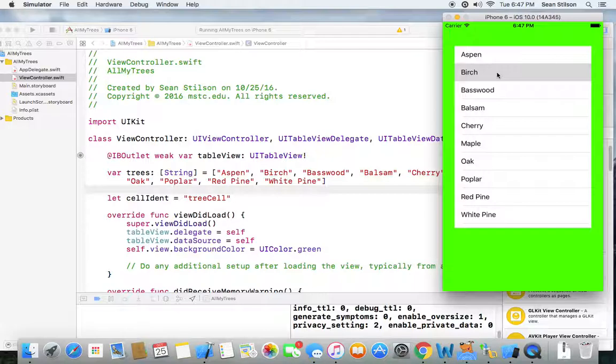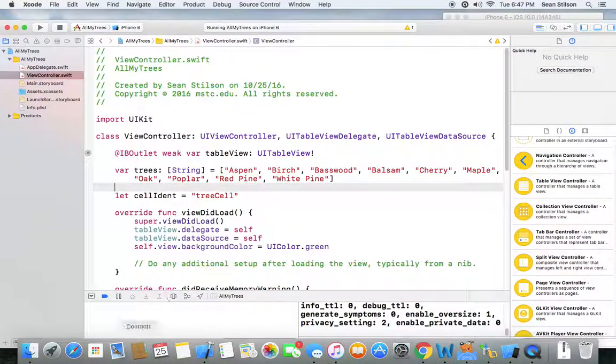So the next thing I want to do to make it a little bit classier is put images in these rows. Now we're not going to take the time to find images for each one of these tree types, but I'm just going to get one generic tree image just to plop it in there so you can see how you create an image in there. So to do that,